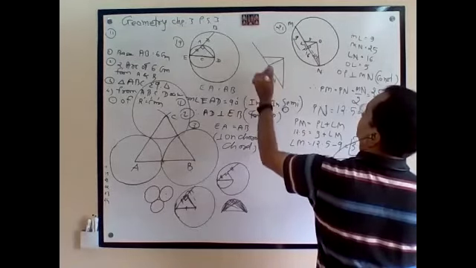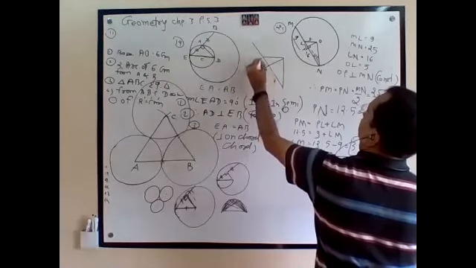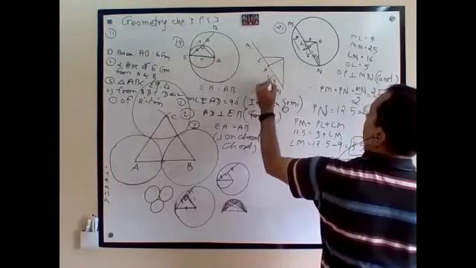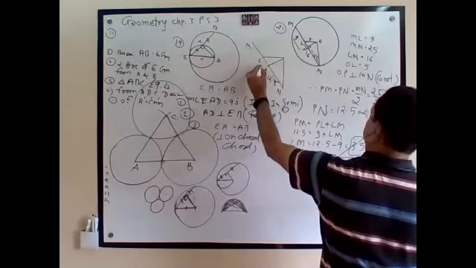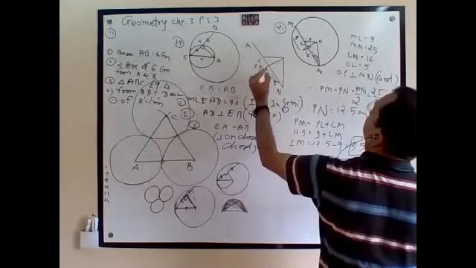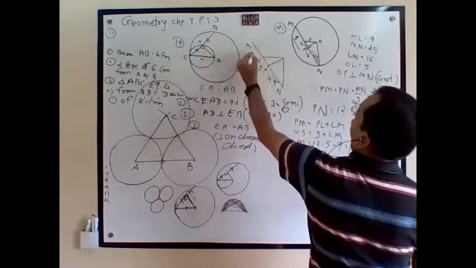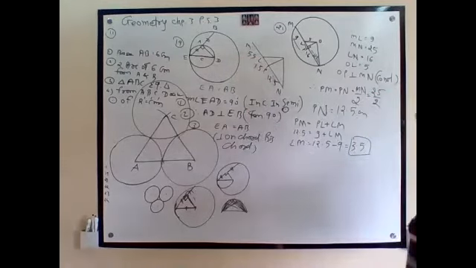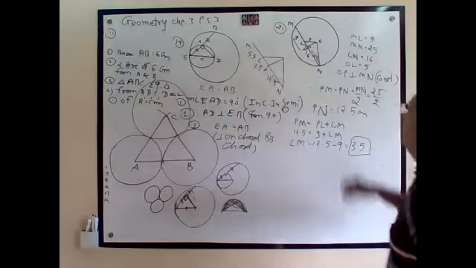Now it is not 16. This much, EL, M, N, this much is 12.5. Now this much is 3.5. Total is 9. So 5.5. This is 3.5 that we need.